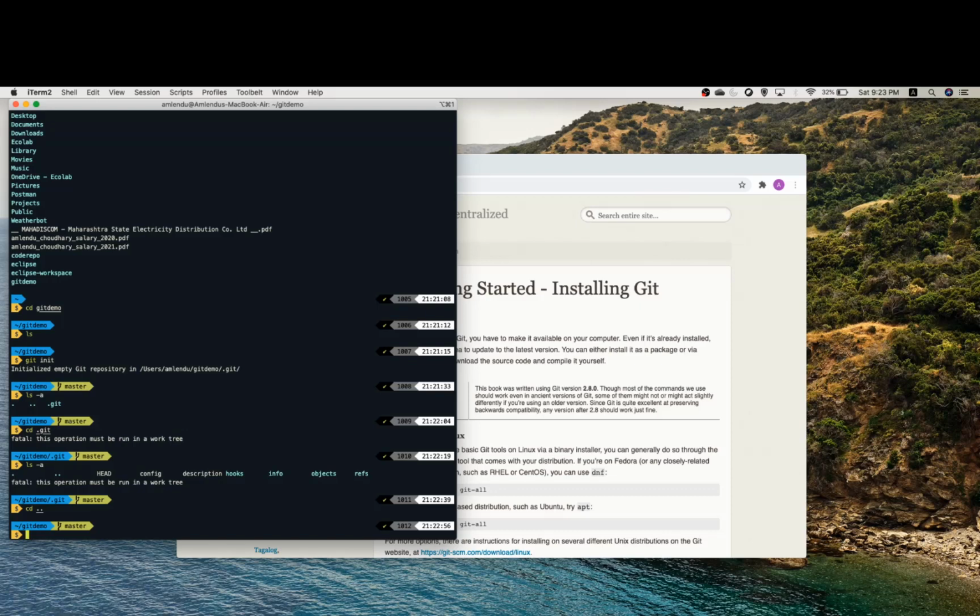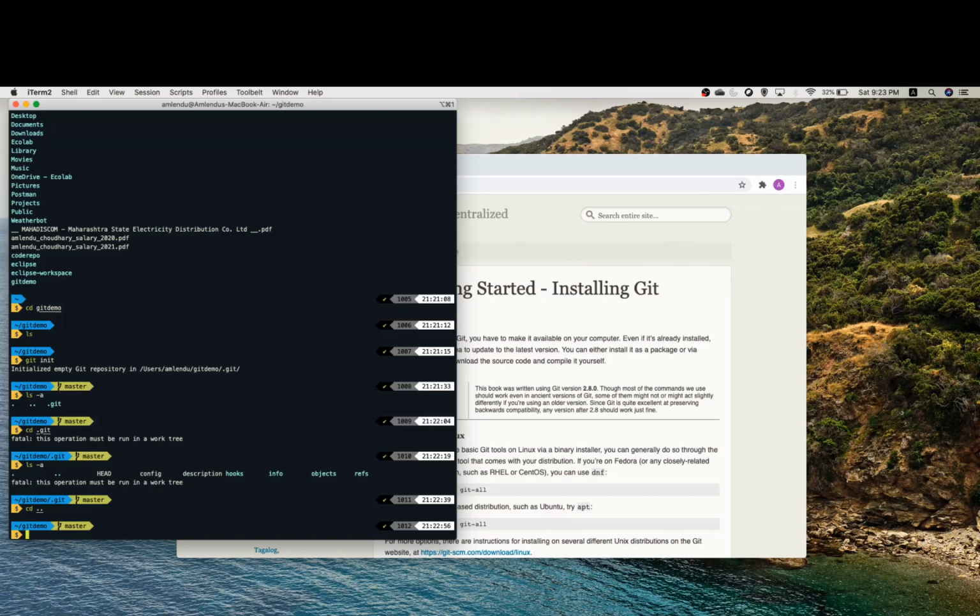Remember that each file in your working directory can be in one of two states, tracked or untracked. Tracked files are the files that were in the last snapshot, which means they can be unmodified, modified or staged, but it is something which Git is tracking. The other file type is untracked, which means that Git somehow knows that there is a file, but it is not tracking it unless we tell Git to explicitly track it.